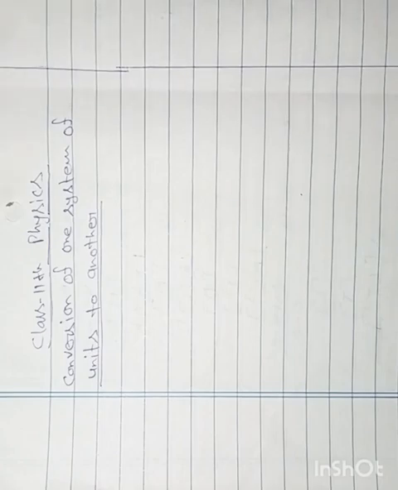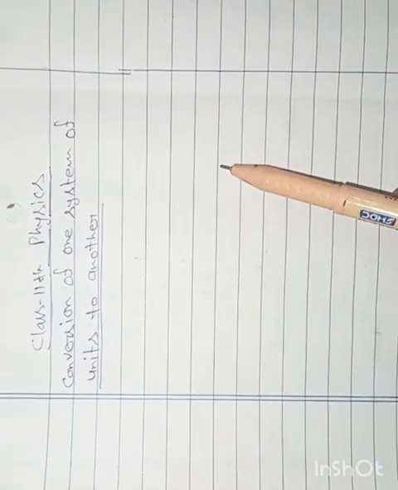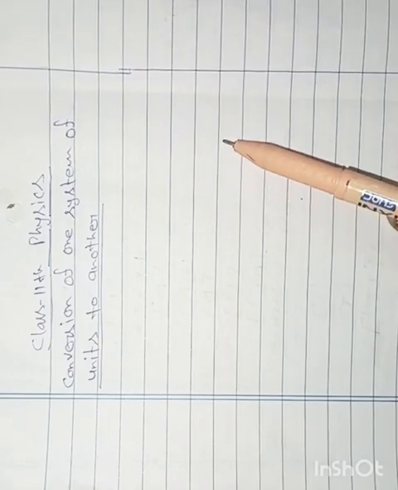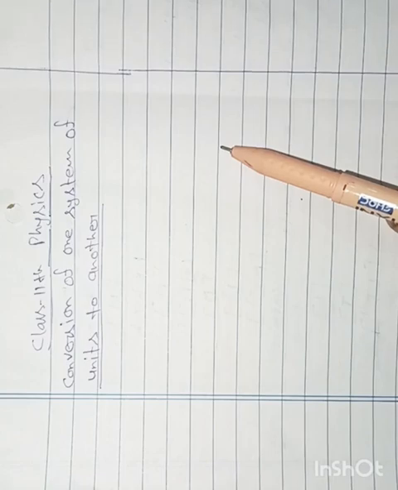So today I'm going to explain the new topic of the chapter Units and Measurement of class 11th, and that is conversion of one system of units to another. This conversion of one system of unit to another depends on the fact that the magnitude of a physical quantity remains the same, whatever may be the system of units. Okay,